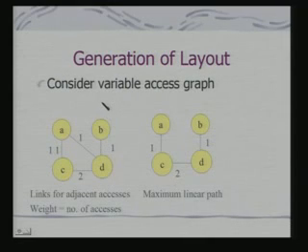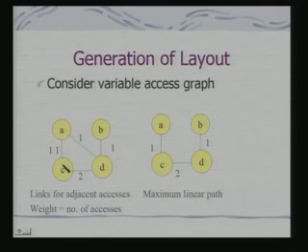So, you consider what is called a variable access graph. There are various techniques. We shall just consider one such technique, a very simple technique which can be understood. So, we consider a very simple access graph. In that access graph, there are variables A, B, C, D, and there are links between the variables indicating adjacent access. Now, this is not 11, this is 1. So, A is connected to C by a link because A and C have an adjacent access, and there is only one adjacent access for the problem that we have considered.